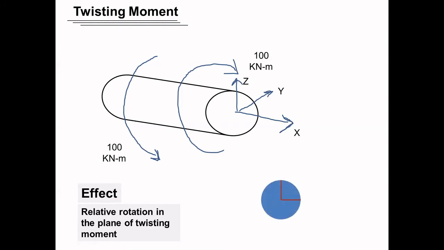If I see the front view of the cross section, it looks this way. I have marked these two red lines as marker lines or tracker lines. Let us consider this cross section and the cross section behind it subjected to moments in the plane of cross section, equal in magnitude but opposite in direction. Under the action of these two moments, the cross sections would exhibit relative rotation in the plane of cross section. So the effect of twisting moment is relative rotation of cross sections over one another in the plane of cross section.